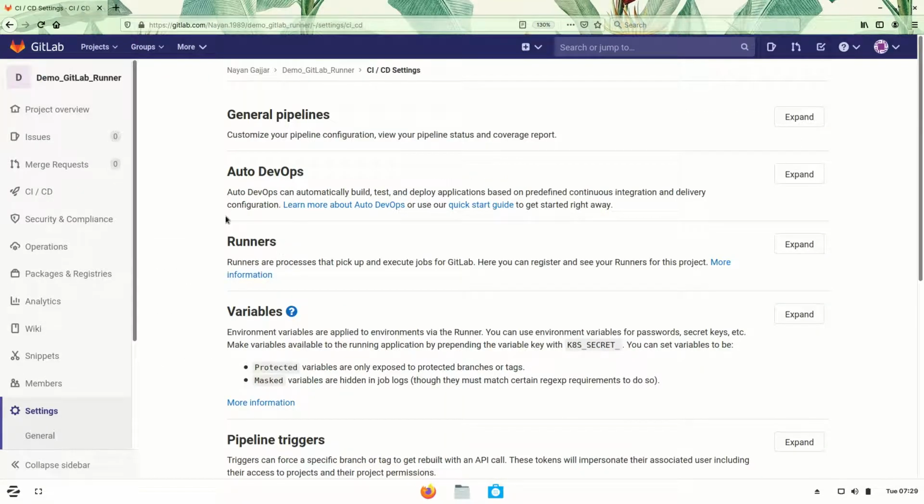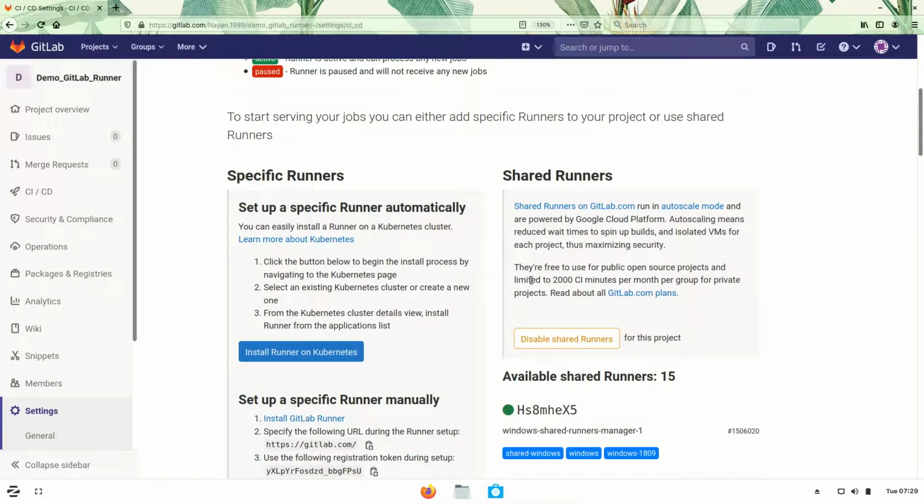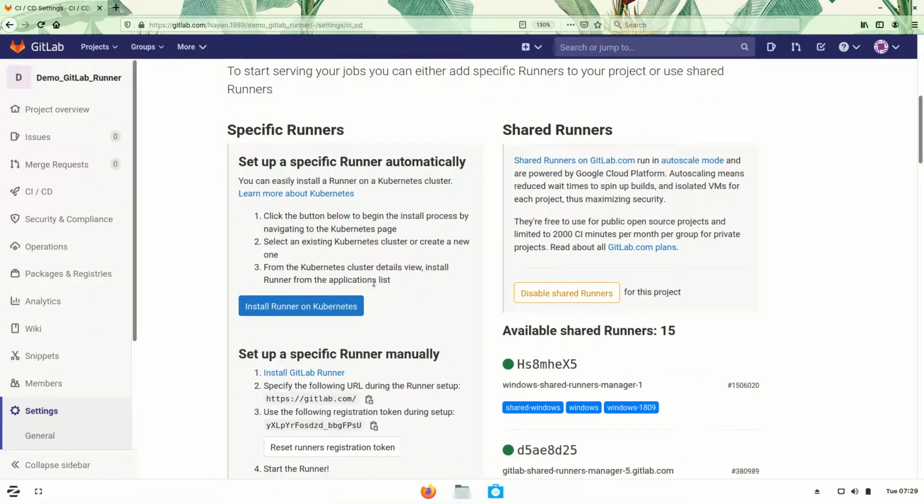Under the CI/CD settings, go to the Runners section and expand it. You will see two sections over here, specific runners and shared runners. For this tutorial we will concentrate only on specific runners.